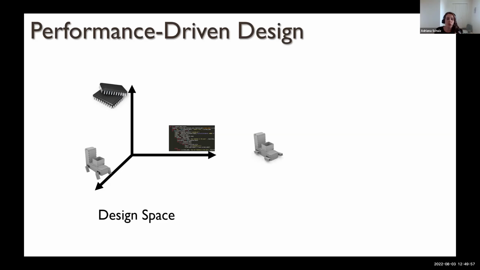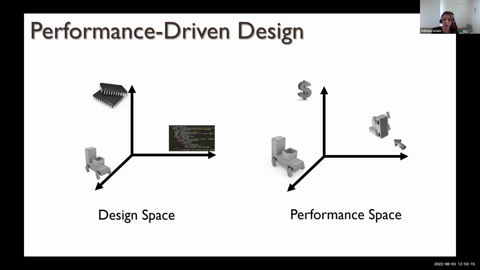So is this robot going to walk? If so, then how fast does it walk, or how stably does it walk? Or how is this robot going to react to an external force? Or how much money do I need to spend if I'm going to build this robot? All of these objectives define what we call performance. So this also defines a higher dimensional performance space. And in this context, design means to pick a point in the design space based on how it's going to map to performance. Or it means to solve an inverse problem: given some sort of objective that you want to achieve, how do you find the design that achieves that objective?